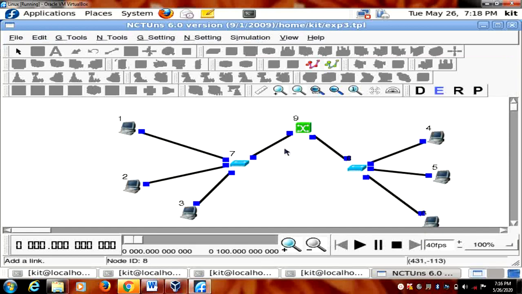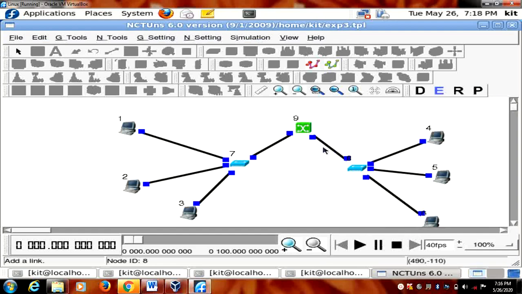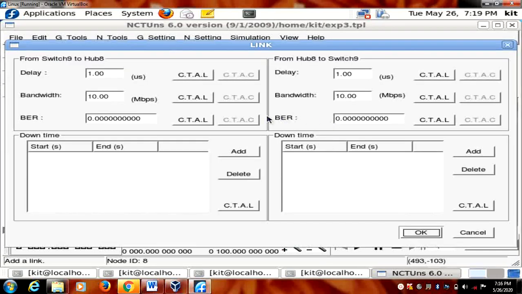Fine. And here also for switch also I need to change. Okay. Go for 8, and here last one.